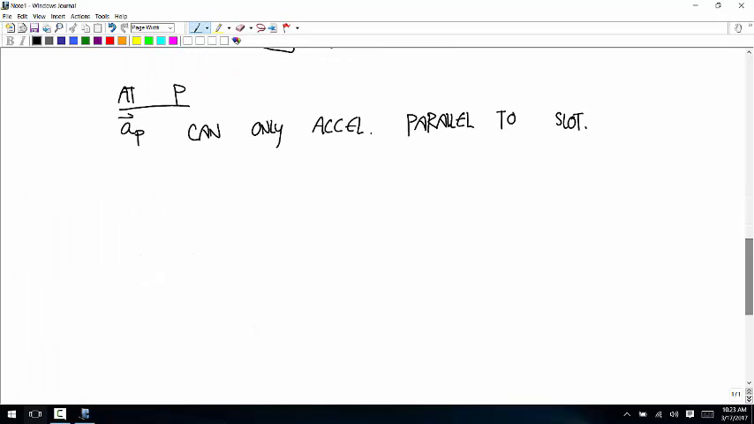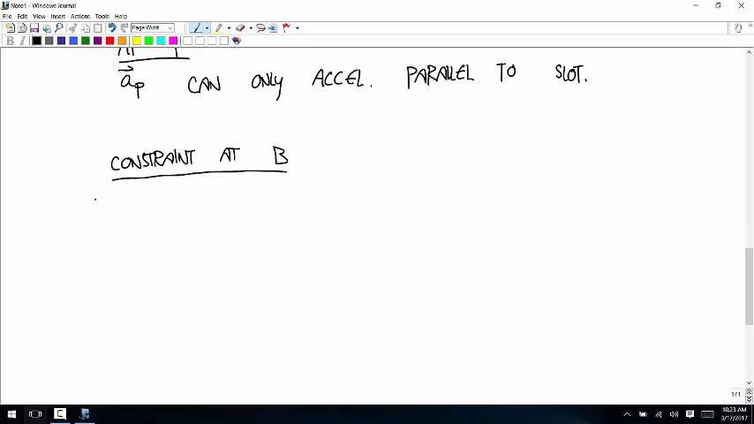Okay, so let's first do it at B. This is the most common constraint that you're going to have. So first I'm going to calculate the acceleration of B according to member 1. Then I'm going to calculate it according to member 2. And then I'll set those two equal. So first I'll go acceleration of B according to